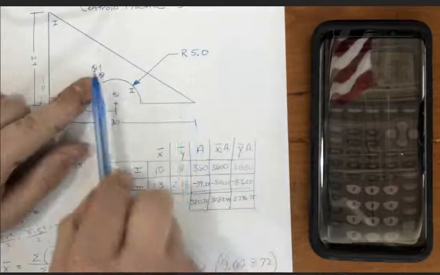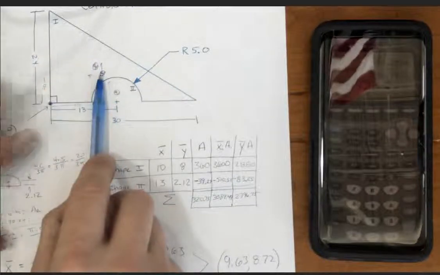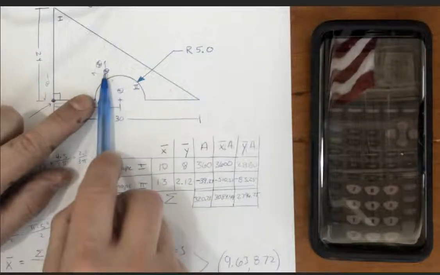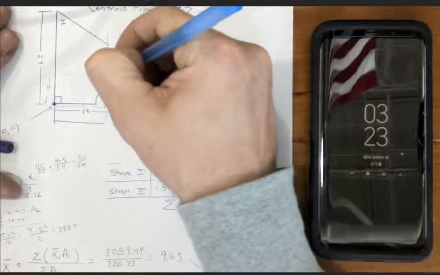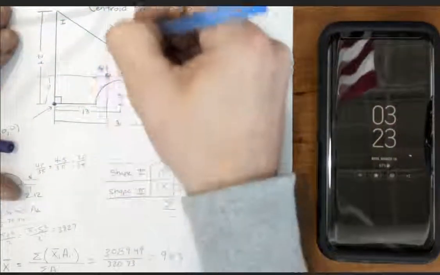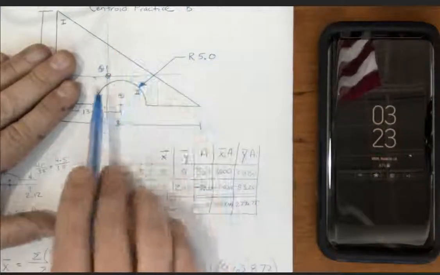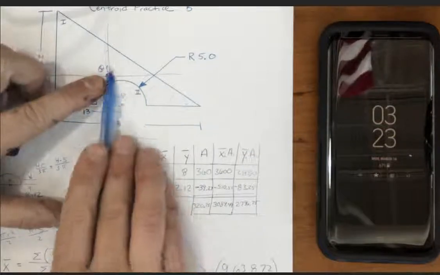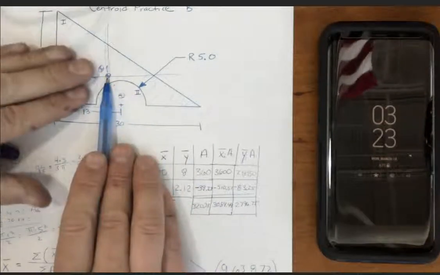Well, why is that the case that this was left and up? If we didn't have this cutout, this would be the centroid. We'd just have a simple right triangle. But when they removed this from the triangle, we removed mass. If you think of thinking vertically and horizontally, first we'll think with this vertical line. A vertical line would break the shape into two sides, the right side and the left side. We've removed more from the right side than from the left side. So the right side got lighter and the left side is heavier. So what do